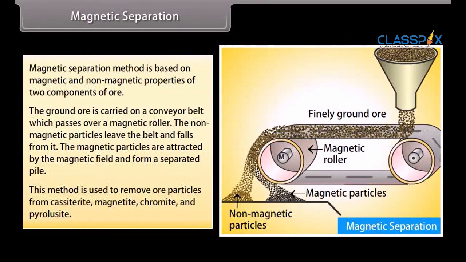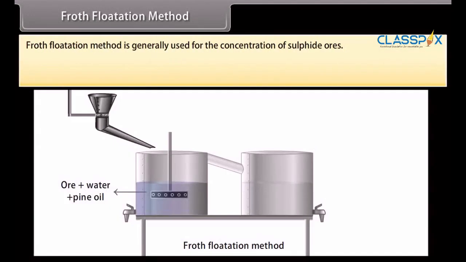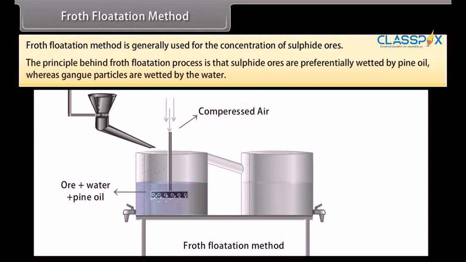This method is used to remove ore particles from cassiterite, magnetite, chromite and pyrolusite. Froth flotation method. This method is generally used for the concentration of sulfide ores. The principle behind the froth flotation process is that sulfide ores are preferentially wetted by pine oil, whereas gangue particles are